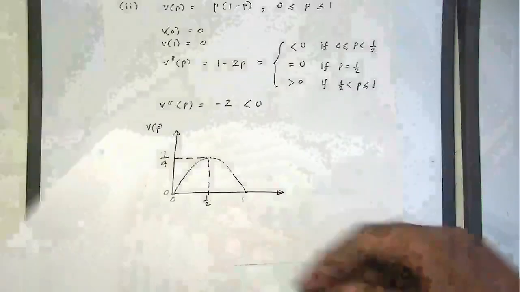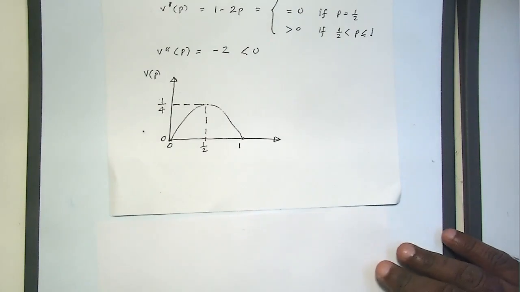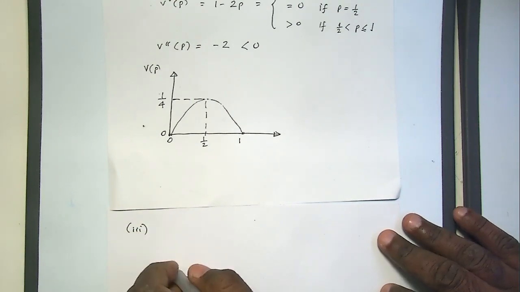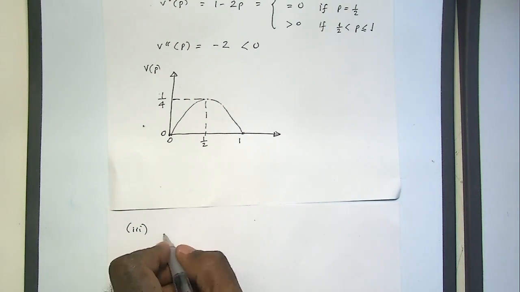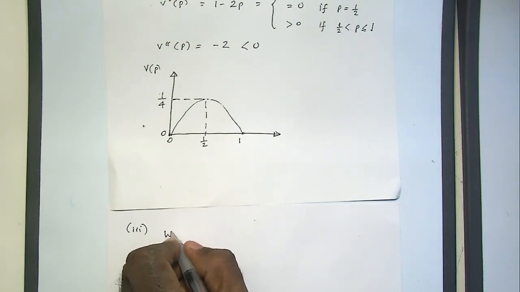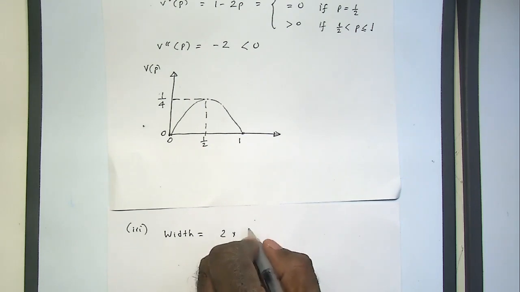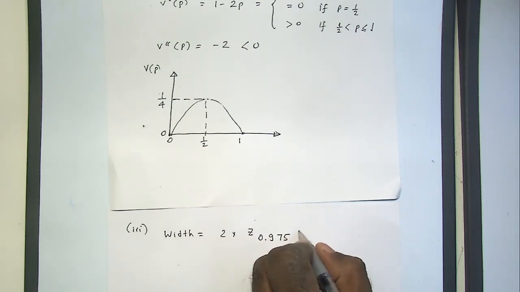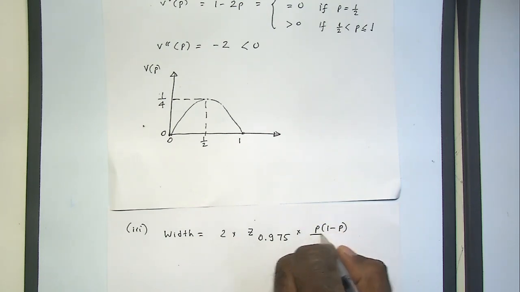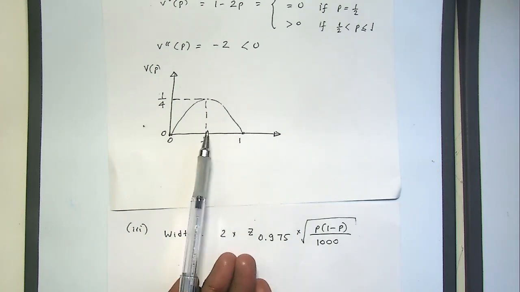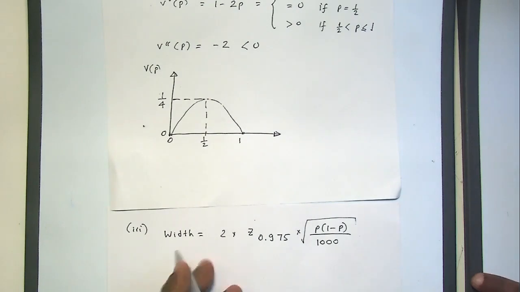Part 3. For part 3 of question 1, is just find the upper bound for the width. Right, the width, as I said before, is 2 times z 0.975 times the square root of p times 1 minus p over n, for 95%. n is 1000, right? So this is the width, right? And we just showed that p times 1 minus p, looking at the graph, must be less than or equal to quarter for all p. So this is bounded above by